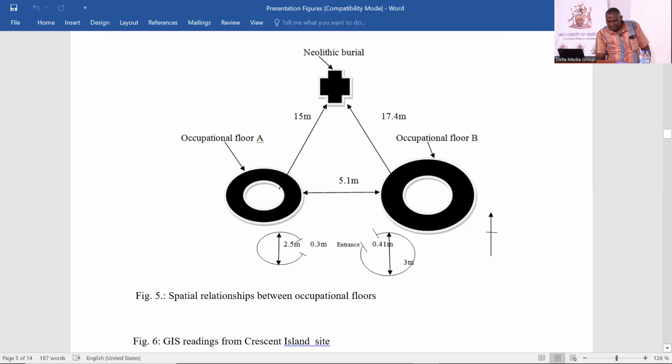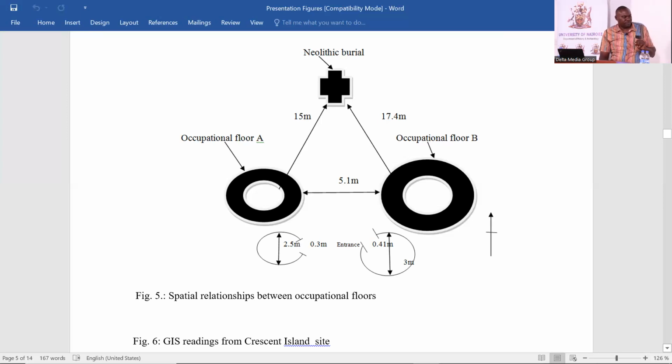The smaller one measures about 0.3 meters, and the bigger one measures around 0.1 meters. These are measurements that were done on the ground during research. So what are we saying here? In terms of understanding the spatial needs or spatial characteristics of these features,